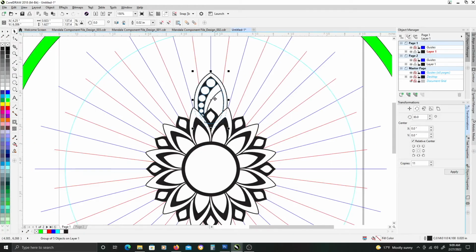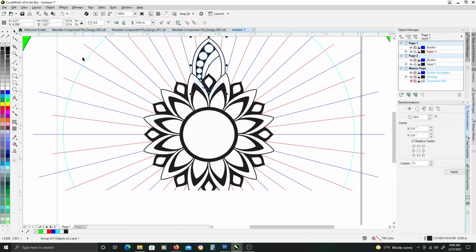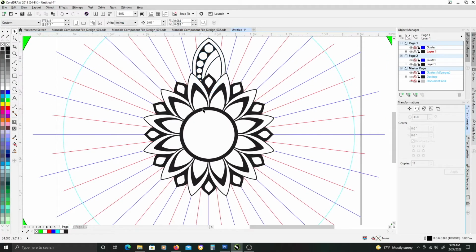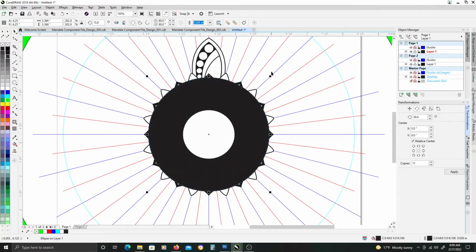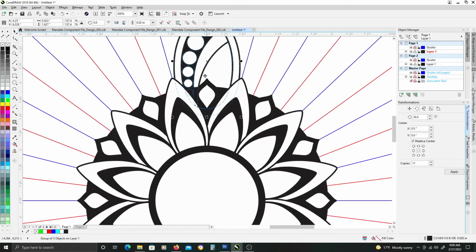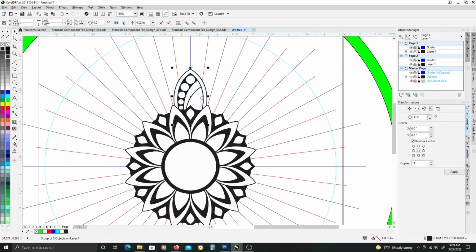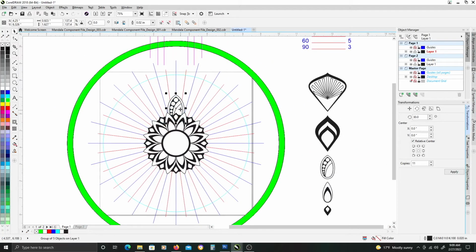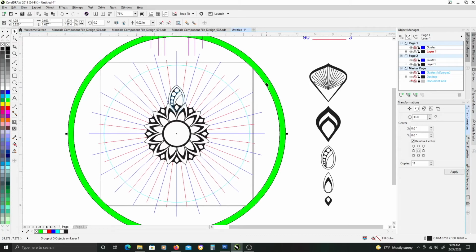Actually, before we go further, I'm going to duplicate this black circle by hitting plus. I'm going to scale it up and do that. Hit Shift Page Down, Control Page Up, and then I'm going to nudge that up. There. Yeah, I like that placement. So with that done, select the green circle again, hit apply,